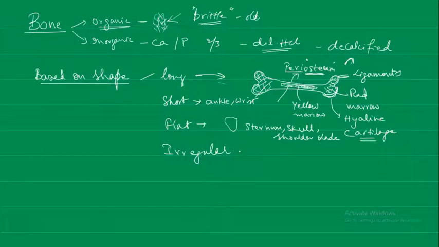Okay, the irregular bones are complex in shape, and the amount of bone tissue, compact and spongy, varies, for example in the facial and vertebral bones. The vertebral bones we will see in the further part of this chapter have a very intricate design, so a very complex shape. This kind of irregular bone is there in the facial bones as well as in the vertebral bones. So these are the different types of bones based upon shape.